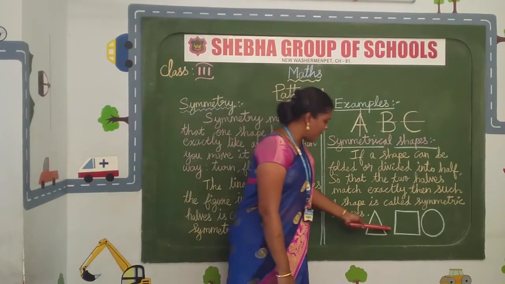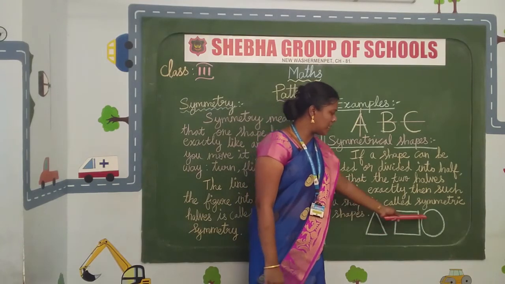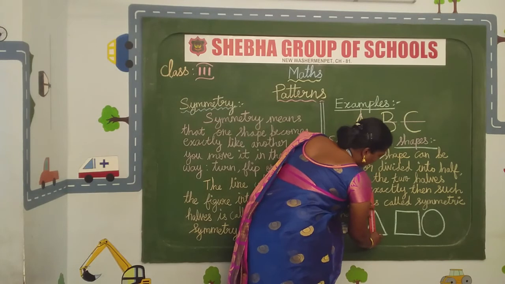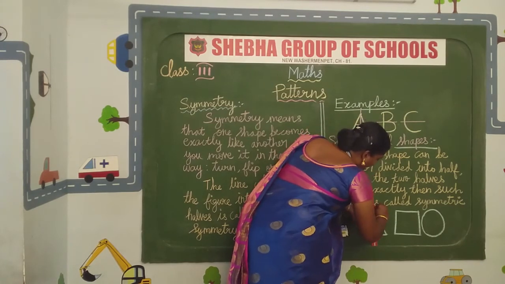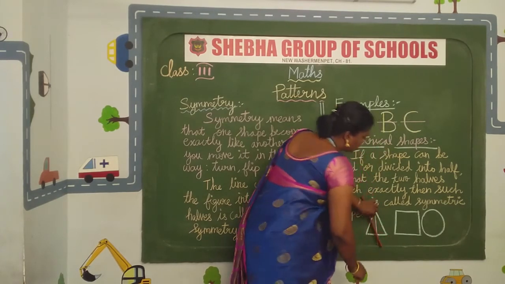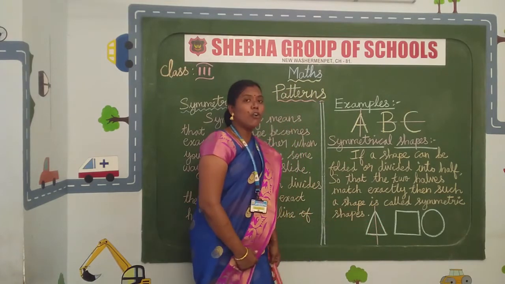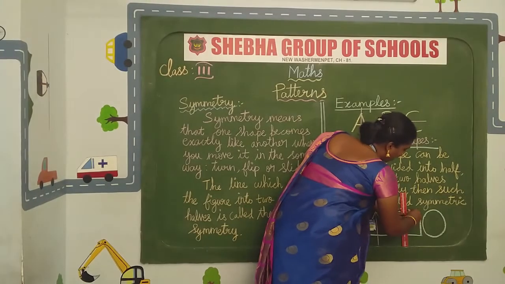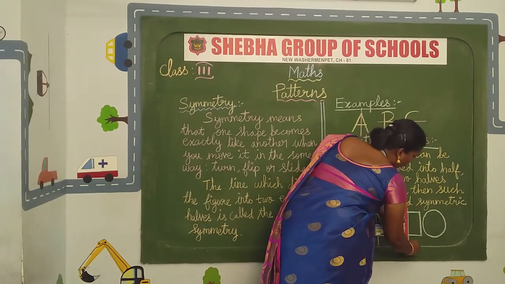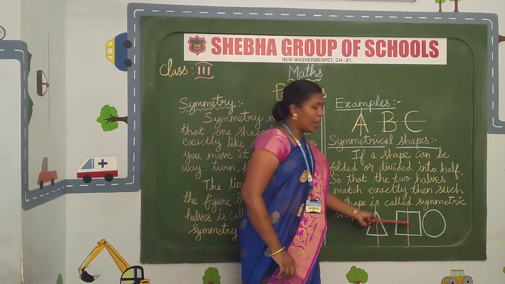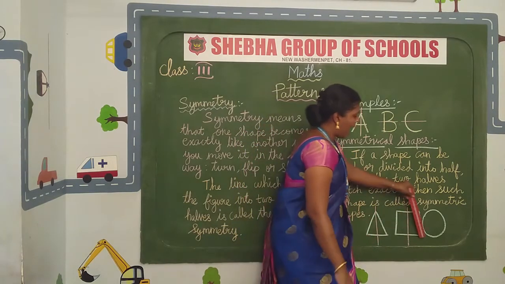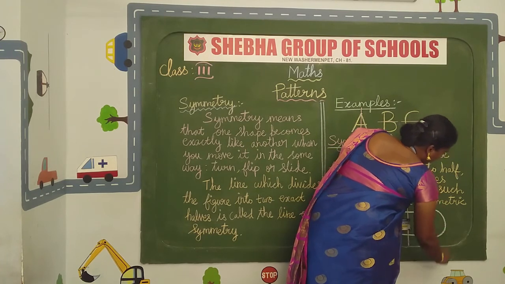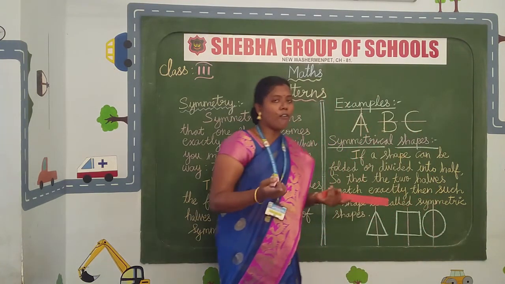I give some examples here: triangle, square and circle. I just put a line and split the shapes. See, in the triangle I put the line here, the triangle will be cut into two figures. Okay, next the square, I will cut the figure into two halves. The square will be divided into two parts. And the circle, you have to cut it in the circle. The circle will be divided into two figures.